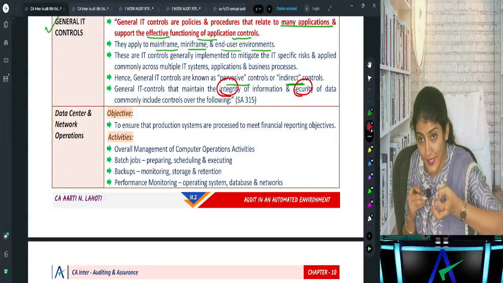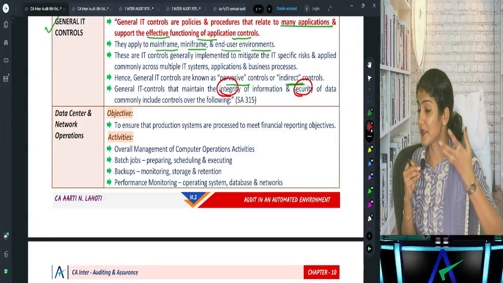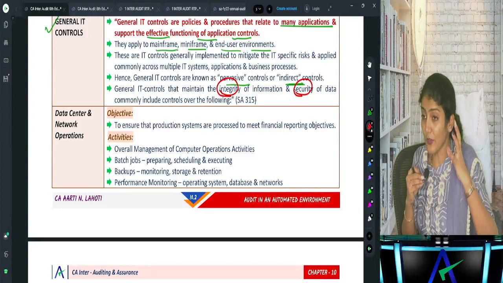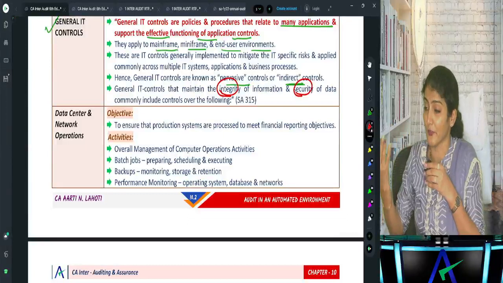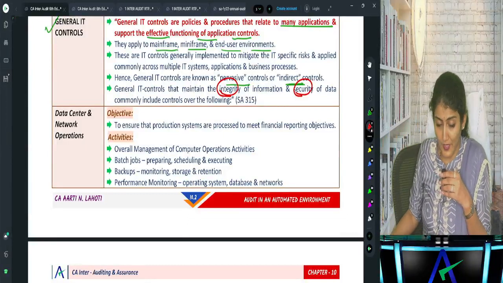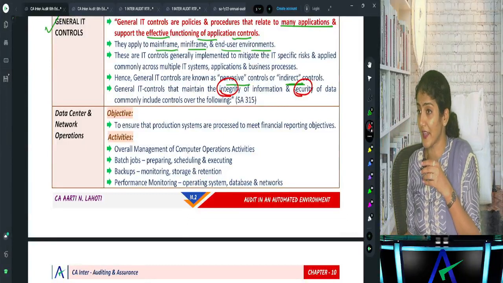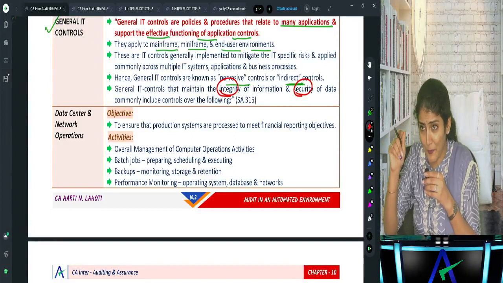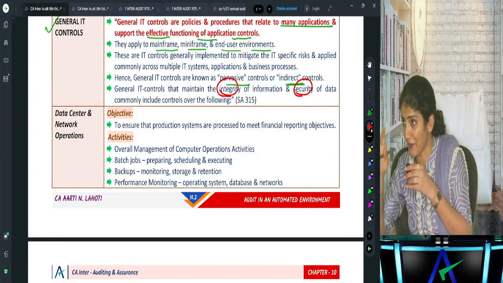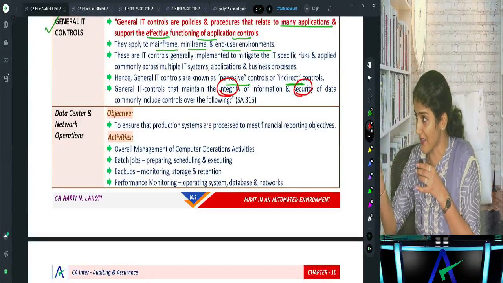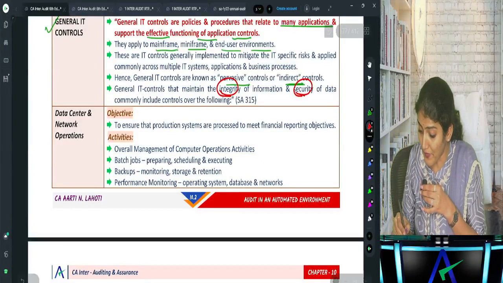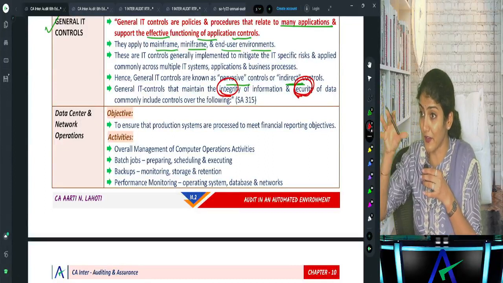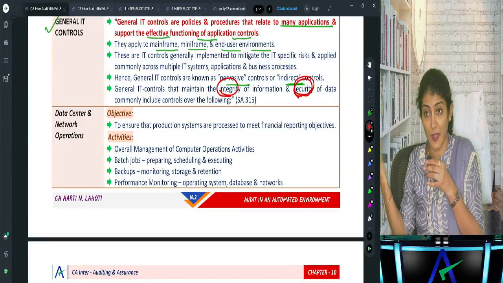So that is why the data being entered into the computer system should be accurate. So the integrity of the information and also the security of the data. Nowadays when you do online transactions, do you submit your debit card, credit card information over there? Yes. Also, does it ask, do you want to save your credit card, debit card details for future transactions? So are you concerned about the security of your data? Yes. And RBI keeps on giving ads that be alert, be careful, for any banking frauds happening.